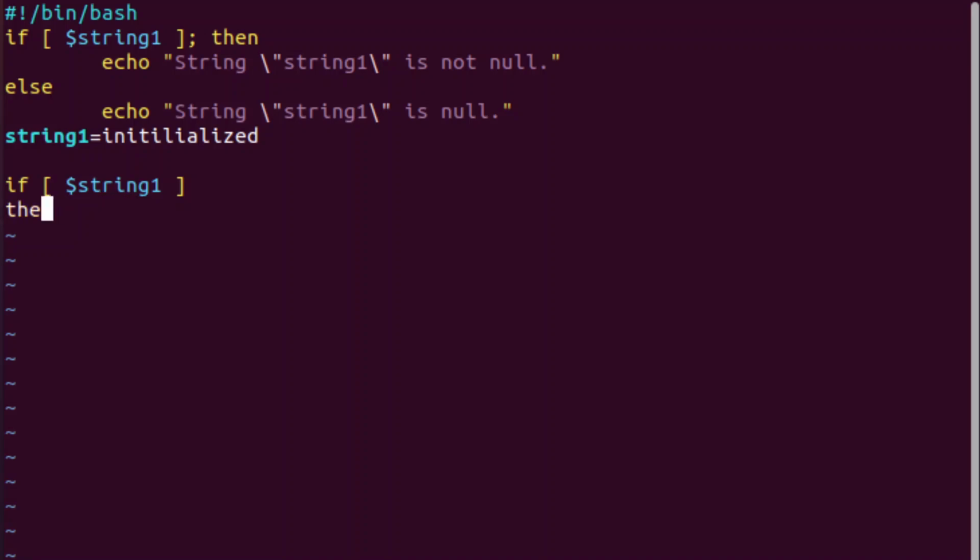Then, oops, need to do a semicolon, then echo "string \"$string1\" is not null.", else echo